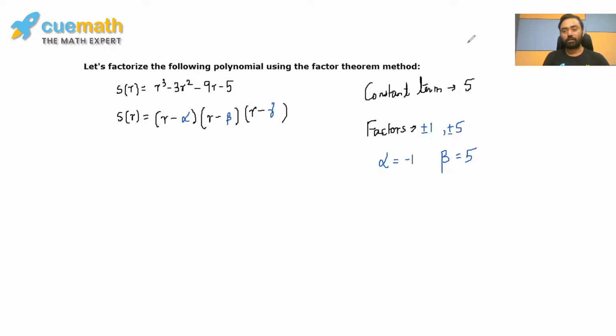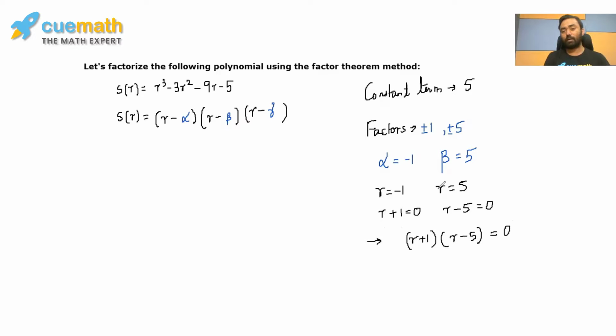So from here let's write this now in terms of the variable. So basically we got that r is negative 1 and r is 5. These are the two values which we have got. So r plus 1 is equal to 0 and r minus 5 is equal to 0. Now, since these two are the factors of this particular polynomial, if we multiply these two, then we get a polynomial which is again going to be a factor of this. Which means that r plus 1 times r minus 5 is equal to 0.